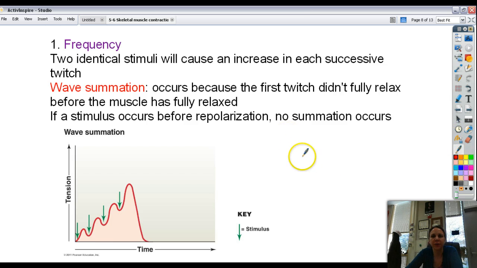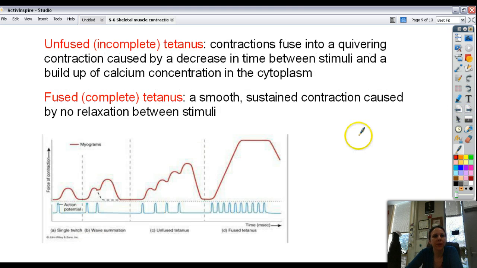It occurs because the first twitch didn't fully relax before the next stimulus came. So if a stimulus occurs after complete relaxation, no summation occurs, and it just ends up going all the way back down, all the way back down, like that. Okay. Unfused tetanus, which is this one right here, is kind of like a wave summation, where there's a little less time in between. And so instead of up, down,